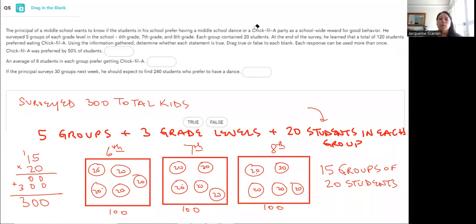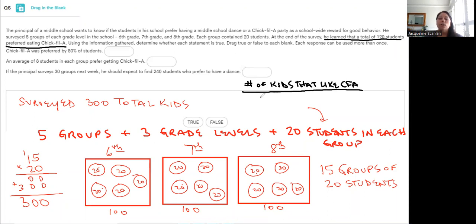Okay, this is what he learned. I'm now going to give you that piece. At the end of the day, he surveyed 300 total kids, and he learned that 120 of those kids preferred eating Chick-fil-A. So what I can do is I can write a fraction that compares the number of kids that like Chick-fil-A, I'm going to call it CFA, Chick-fil-A, out of the total